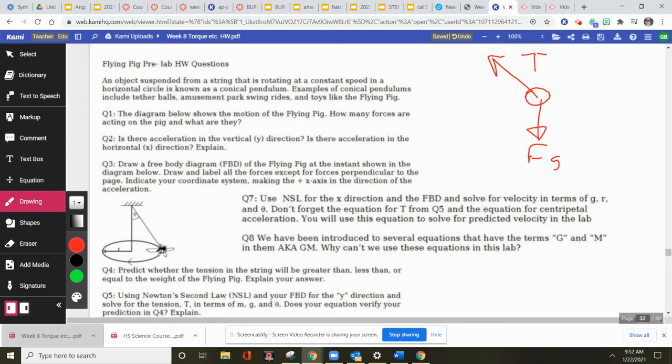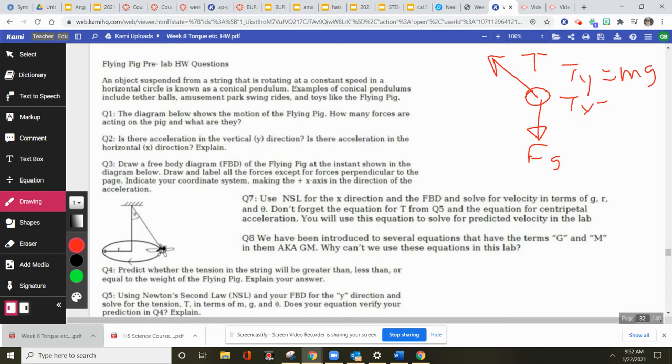Use NSL for the x direction and the free body diagram to solve for velocity in terms of g, r, and theta. Don't forget the equation for T from question 5 and the equation for centripetal acceleration. Solve for velocity in terms of g, r, and theta. All right, so the y component of the tension is equal to mg, and the x component of the